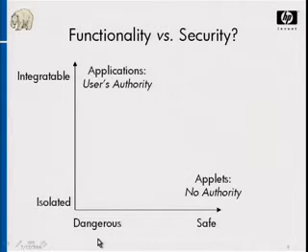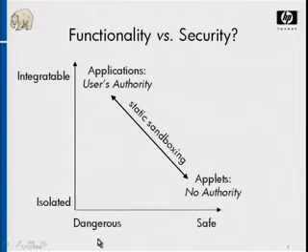Or you can run it as an applet, giving it essentially no authority, in which case it's safe, but it's essentially useless, which is why applets haven't happened and why the current AJAX path that Google is currently on with using JavaScript, which is similarly sandboxed in the browser, leaves the AJAX path having to compete with a hand tied behind their back, because you can't incrementally authorize the sandboxed program with the authorities that it needs to function.